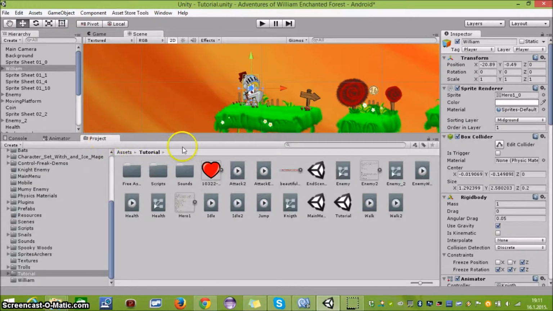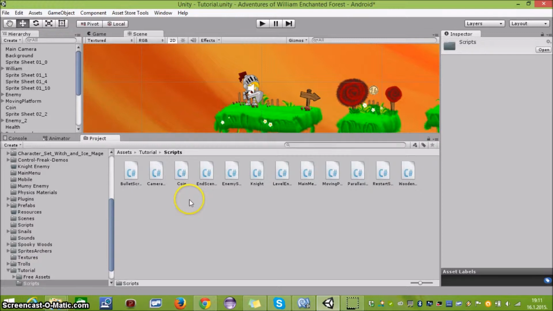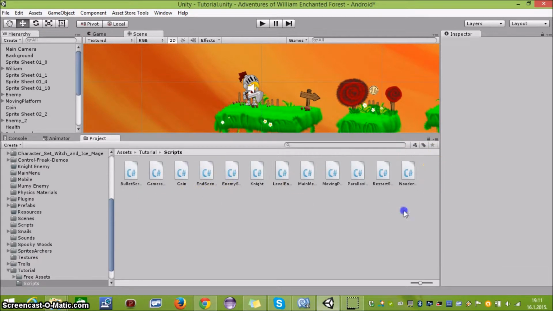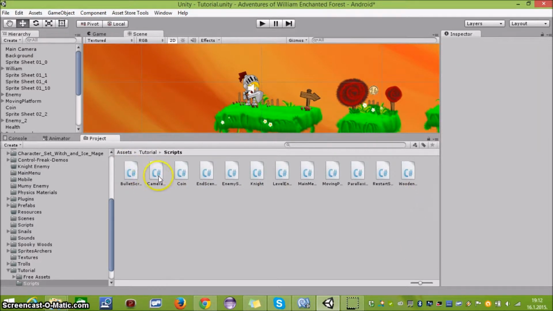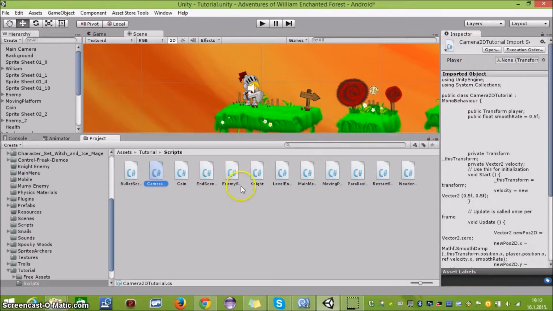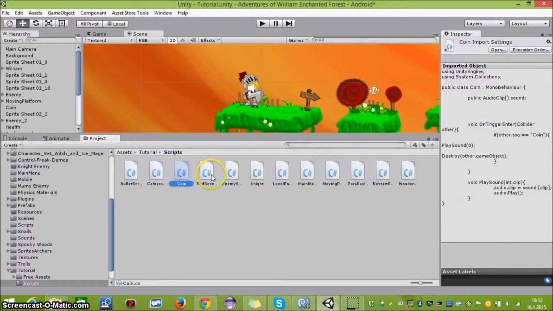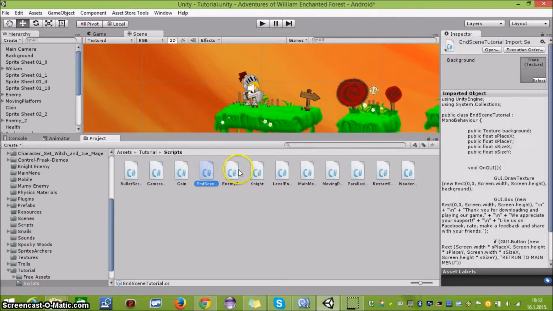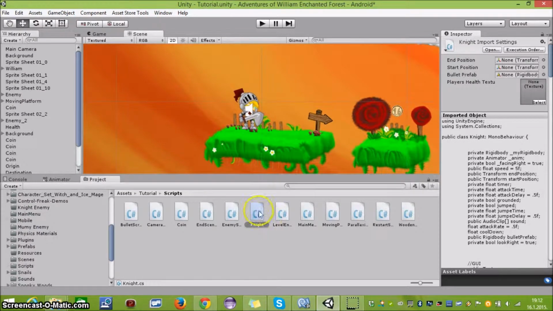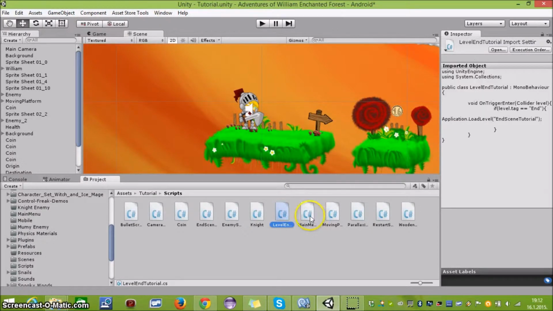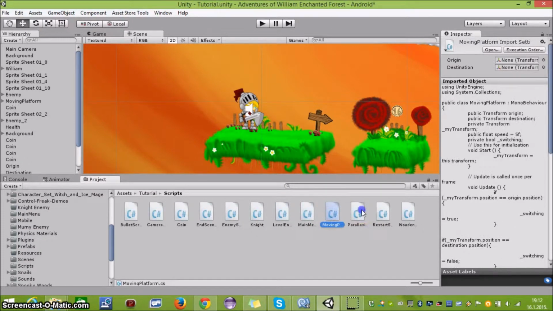After you do that, go to the folder tutorial and scripts. We have a bunch of scripts here. We have bullet script. I'm going to explain later why we are going to use bullet script. We have camera 2D. We have a coin script. We have end scene script, enemy script, night script. This script we are going to use for our character, level and main menu, moving platform,